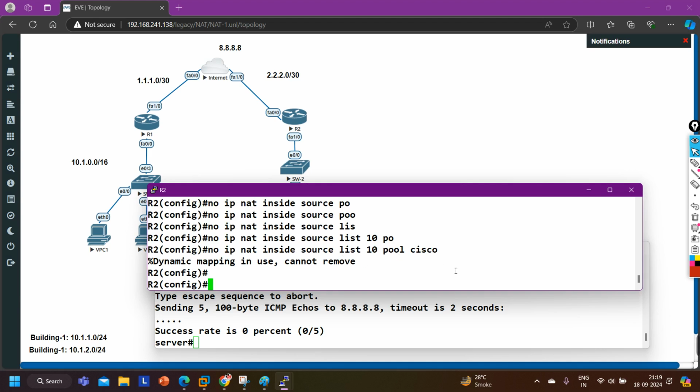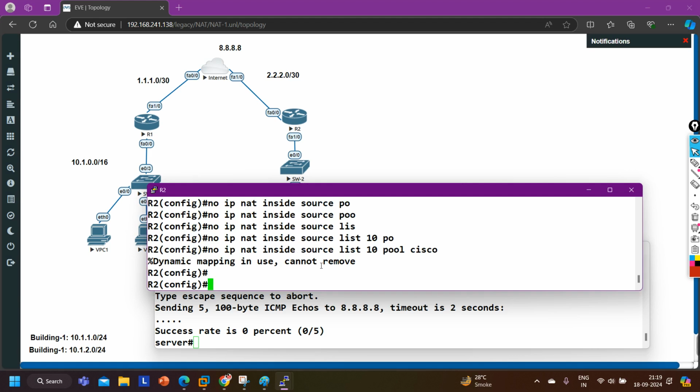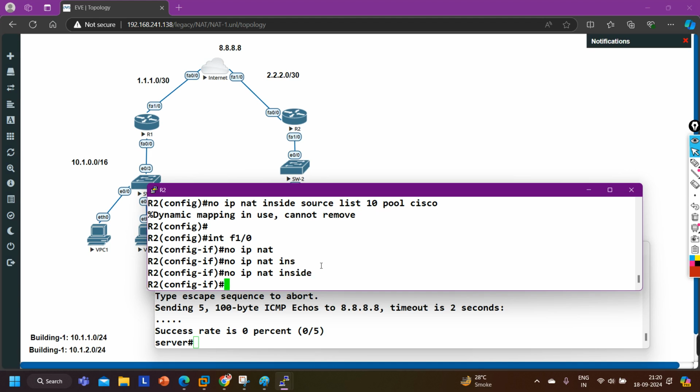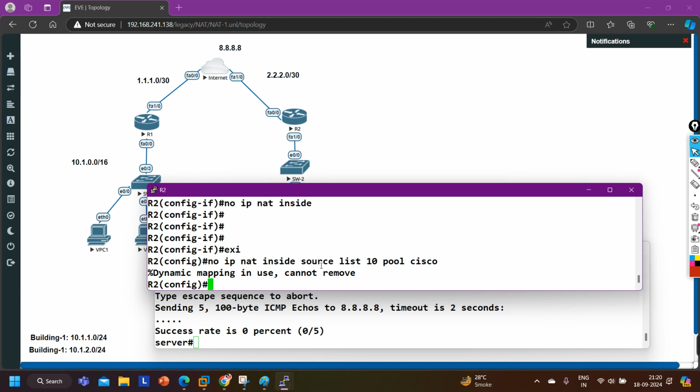Dynamic mapping, actually NAT is running, that's why we are not able to even delete the entry. What I can do, interface f1/0, no IP NAT inside, and now let me try to remove the entry.